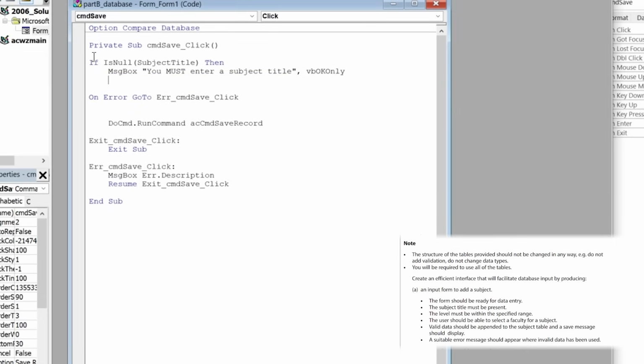Once we've done that, we're going to press enter, and then we're going to put in the word else. This is what's going to happen if that's okay. So if our subject title has something in it, then it's going to be okay, and it's going to move on to the next part of our if statement. And I'm going to put in else if subject is less than 1 or subject level is greater than 3, then,